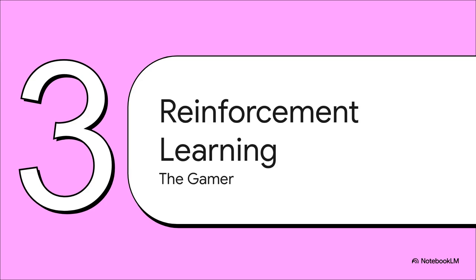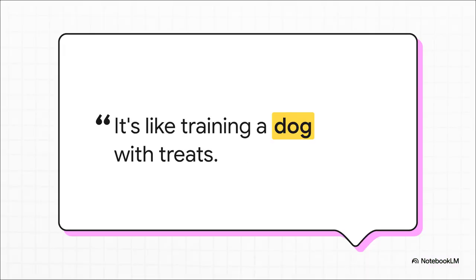And honestly, this one might be the most dynamic of all. This is reinforcement learning. And I like to think of this one as the gamer, because it learns by, well, playing the game. The analogy here is just perfect. It's like training a dog with treats. When you teach your dog to sit and it finally does it right, you give it a treat, a reward. If it just stares at you, it gets nothing. And through that process of trial and error, that feedback loop,